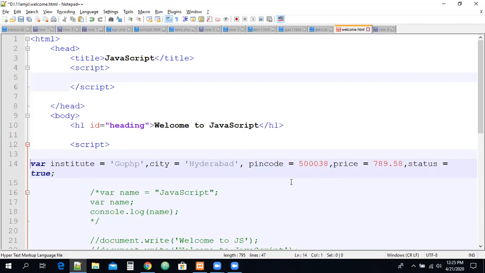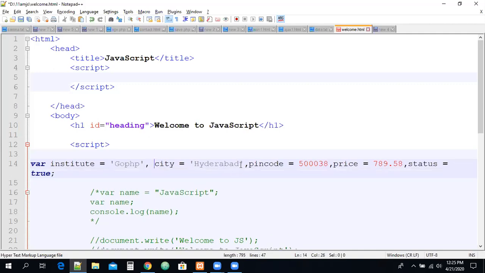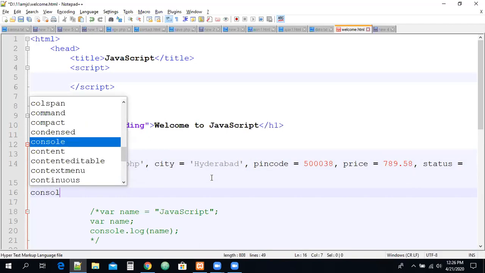But remember one thing carefully: when we are separating, for example, right now I wrote it like this, guys. We need to follow coding standards, right? I told you, equal to with a space before and after. After a value you keep a comma, and after that you have to give some space. This is best practice: after a comma give some space, and after the next comma give some space. This is also a coding standard, right? This is best practice. You have to get in the habit of these coding standards in JavaScript from now onwards. All these variables are valid, guys. This is valid variable declaration. We can write all the variables at a time now.